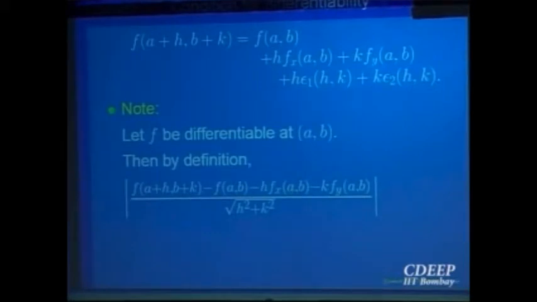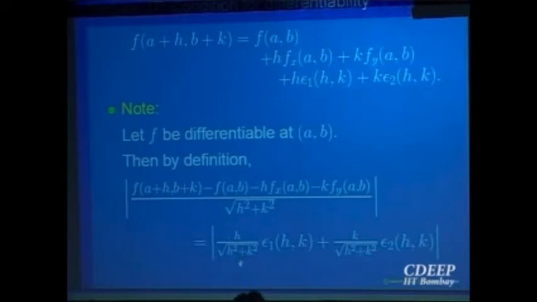So look at, if f is differentiable, then this is satisfied. Take all the terms on the left hand side except the error functions. So you get f of (a plus h, b plus k) minus f at (a, b), minus h times fx minus k times fy, divided by the increment. Increment is square root of h square plus k square. So that absolute value will be less than or equal to the absolute value of h divided by square root of h square plus k square, plus the other one. So that is equal to this. So by the triangle inequality, it is less than or equal to h over square root of h square plus k square absolute value, which is less than 1.